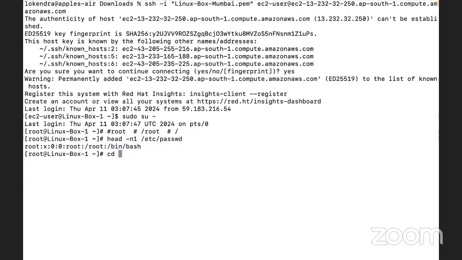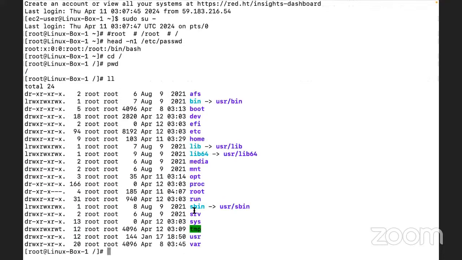Now the third root here is where I want to go. pwd, print working directory. What is my working directory right now? Root. Okay. If I run the command ll here, then what will you see?